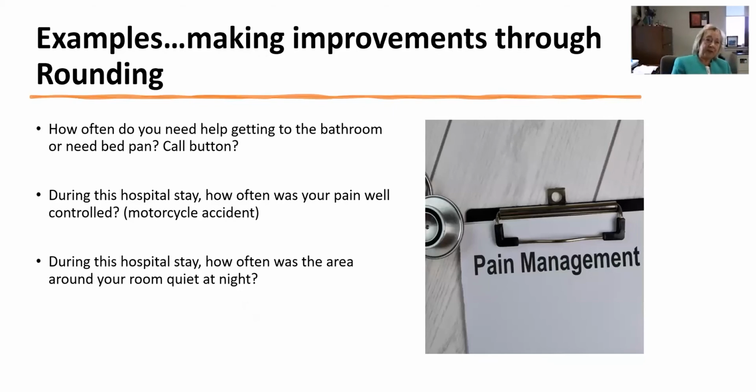So some other examples. I wish we were, like I said, sitting around and having a conversation. So how often do you need help getting to the bathroom, or need the bedpan, your call button, and that's something that's actually in there. If you're rounding, this is something that's been low, so talk to the person about it. When you did the rounding, did the nurse come in every hour? Sometimes you have people in training, you've had the Foley cath removed, and keeping them informed on that, making sure that they can get to the bathroom,